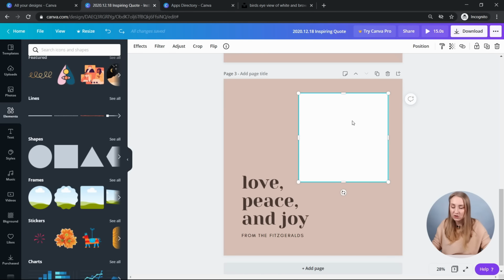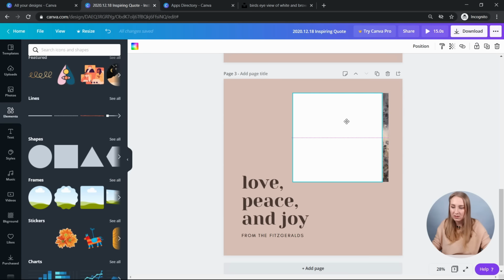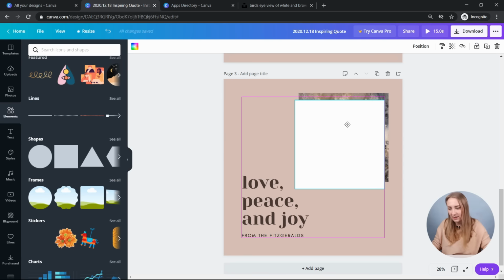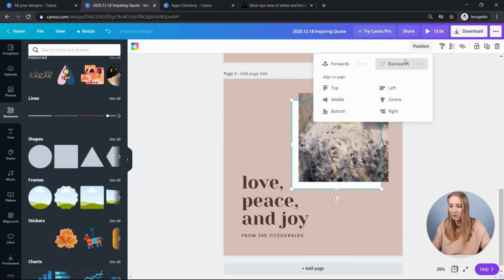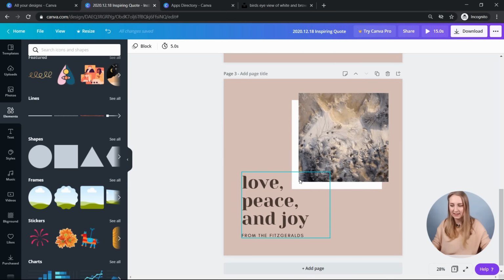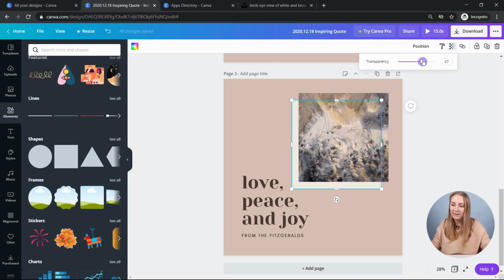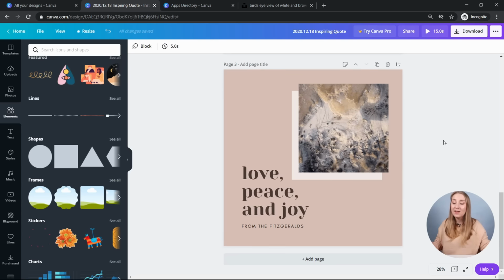And I can just drag it to the side a bit now. Drag it a bit lower. So maybe I want to push it off that one, and I'll just push it backwards, and I have it in here, right? So it's kind of like a neat frame. But I can also change the opacity of it. So just so you know that you can utilize different elements to be able to integrate it into your design. Play around, have fun, just use the stuff that Canva offers for you.